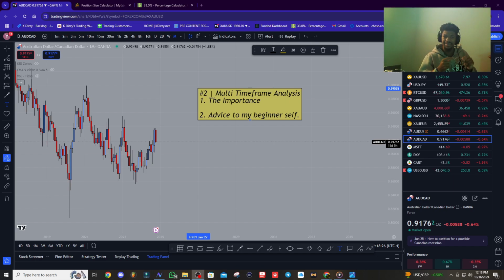Number one, the importance of multi-time frame analysis. I'm just gonna call it MTA. I'm not gonna keep saying multi-time frame analysis, which is why I also write it so you can see MTA. Okay, cool, MTA. MTA has literally revolutionized my trading because once I realized that it starts from the